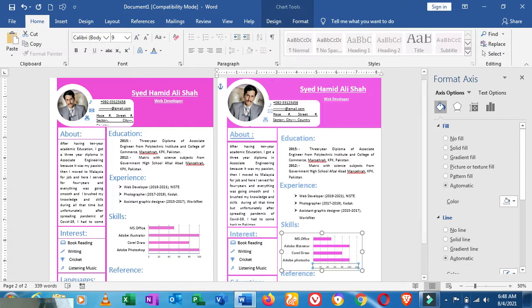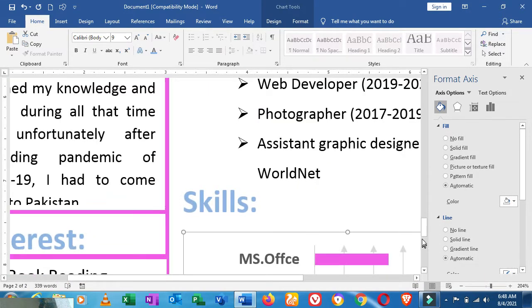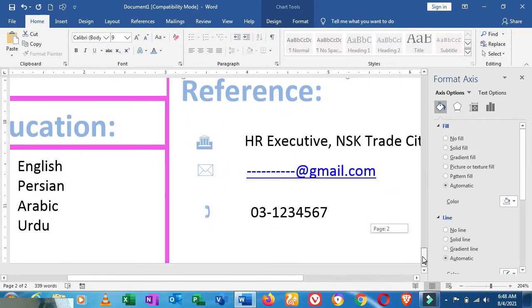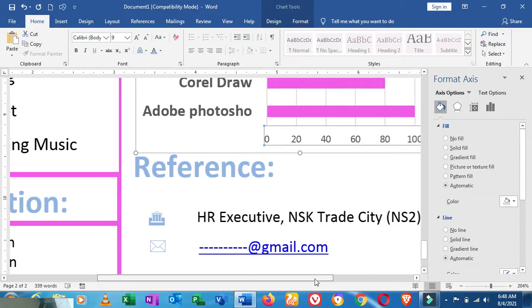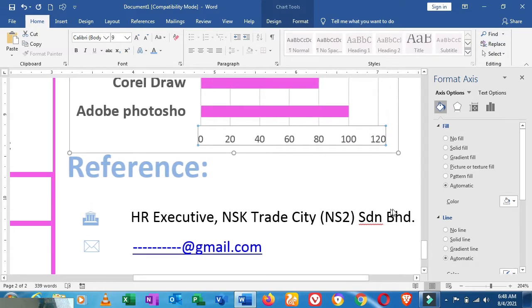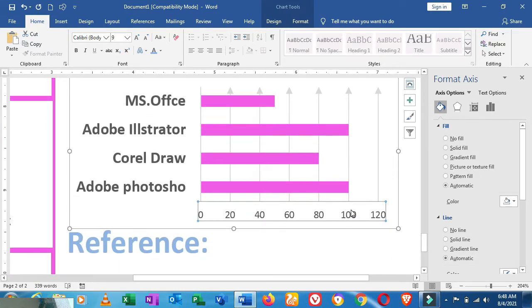So guys, you can see here, I have selected this, fill, and here you can see axis option. Click on axis option, and then